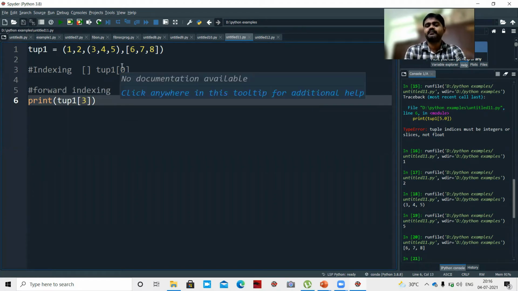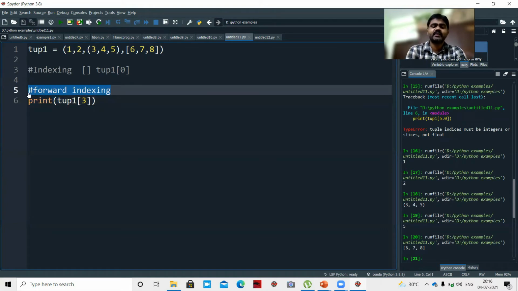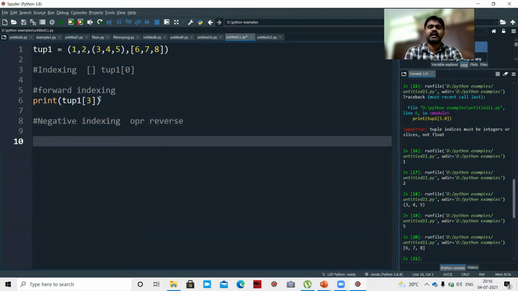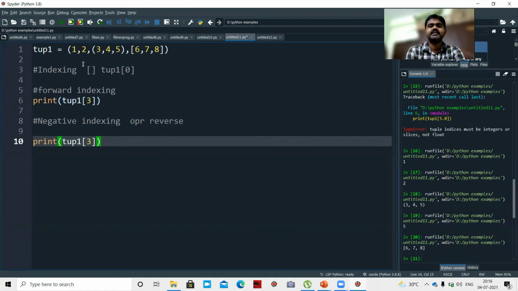Now, if we want to access the elements in reverse order, that is with negative indexing. This is forward indexing, and the next one is reverse indexing, or we can call it negative indexing. I will copy this. 0, 1, 2, 3 is forward indexing.